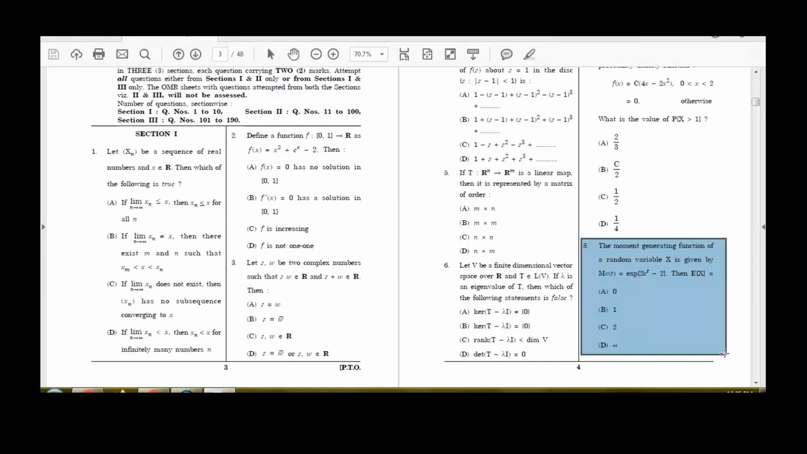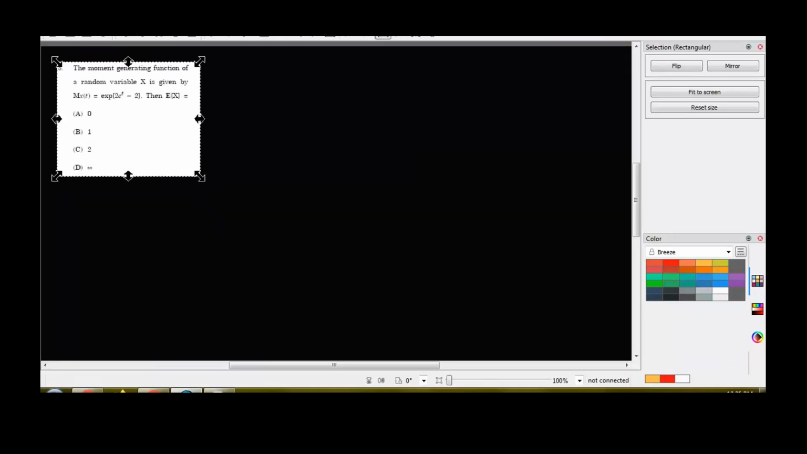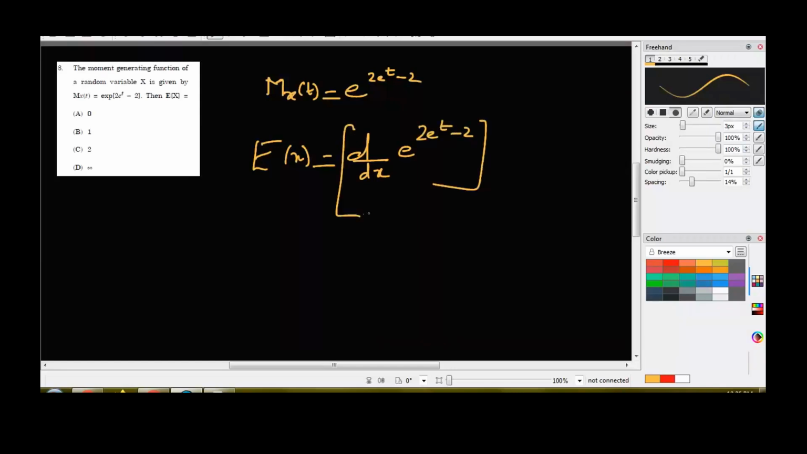It's a question based on MGF, moment generating function. So we have this moment generating function given, and we are asked to find the value of expectation, that is the mean. In this case, the moment generating function is e raised to 2 e raised to t minus 2. Now to find the mean, we can differentiate this expression, that is the MGF, e raised to 2 e raised to t minus 2,